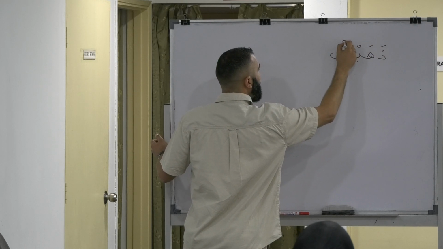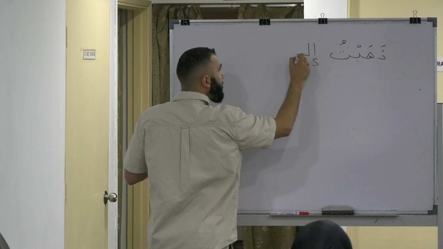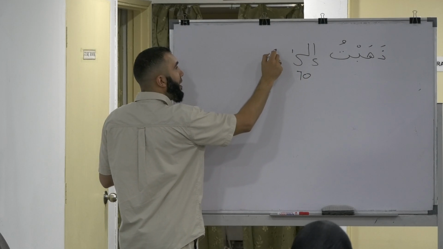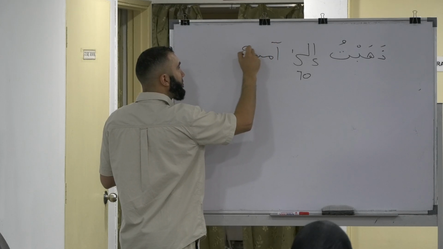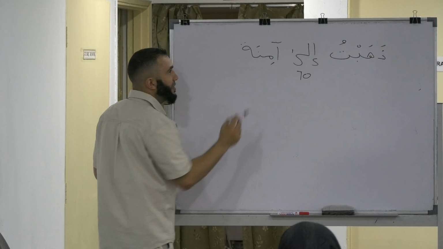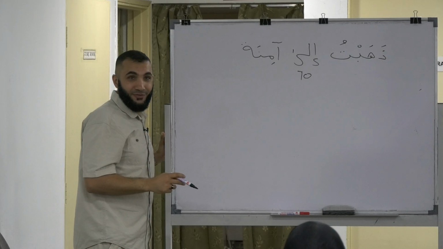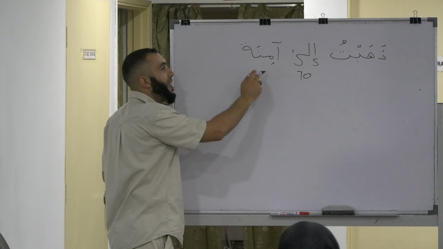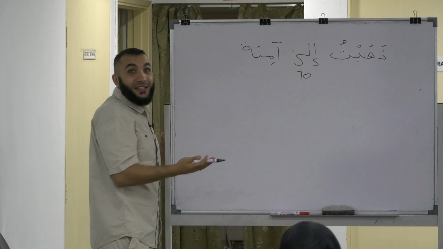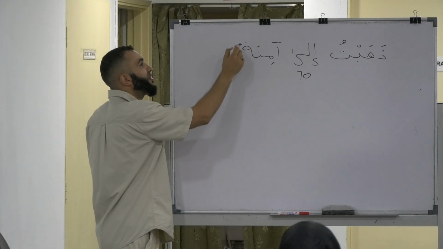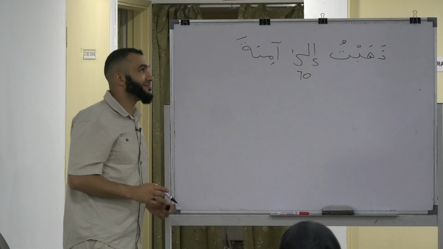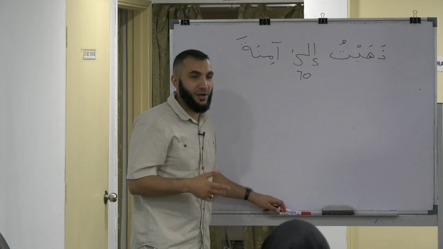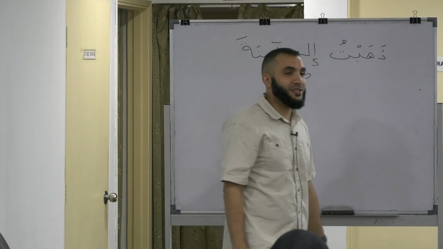Dhahabtu means I went. Ila, to. This is harf jar. Amina. Now here, the word Amina is mamnu' min as-sarf. And we know the word ila is harf jar. So normally I would say ila aminati. But Amina cannot accept kasra. So what do we do? We put fatha instead. Ila aminata. This is Arabic grammar. That's why in the Quran you see, for example,